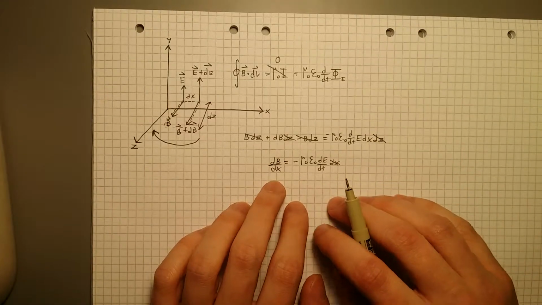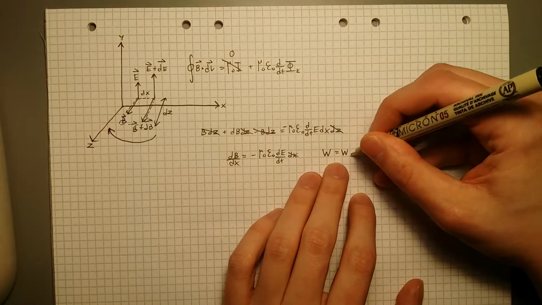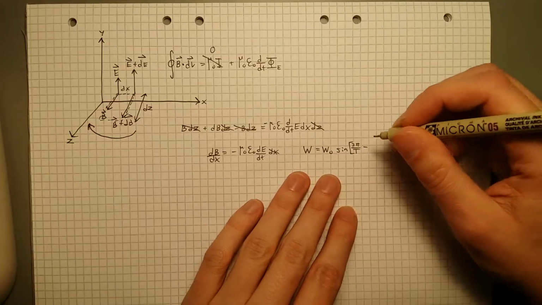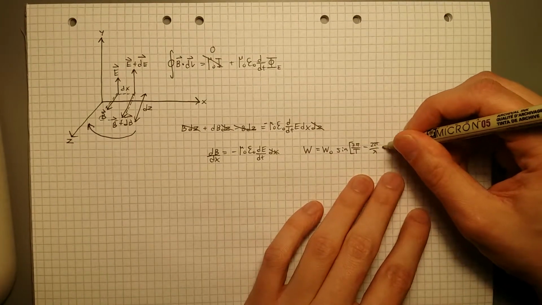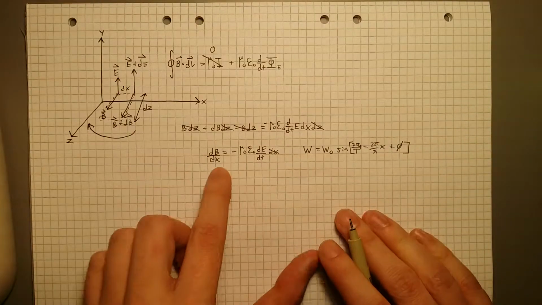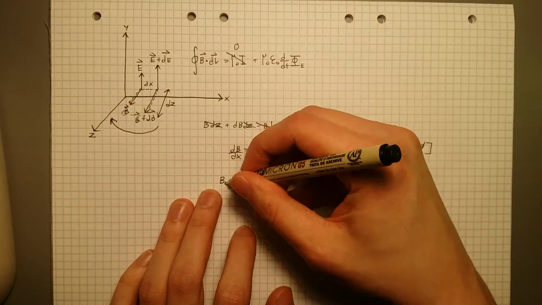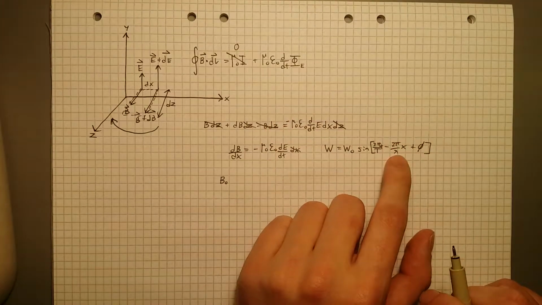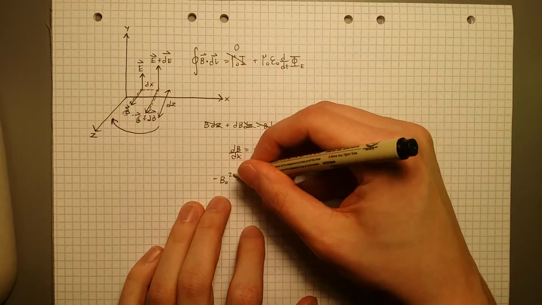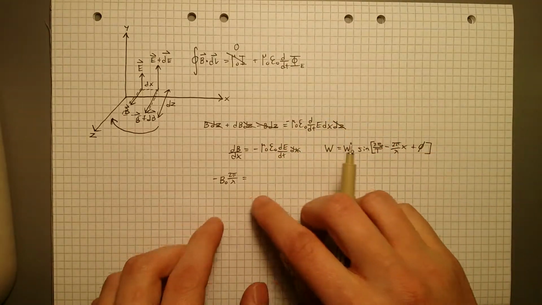Now I'm just going to write one equation for the waves, and I'm going to say the wave is equal to the amplitude of the wave times the sine of 2 pi over the period times t, minus 2 pi over lambda times x, plus a phase shift. Now, let's see, how will the derivatives go? For this side, it'll be B0 times, with respect to x this time, a negative 2 pi over lambda